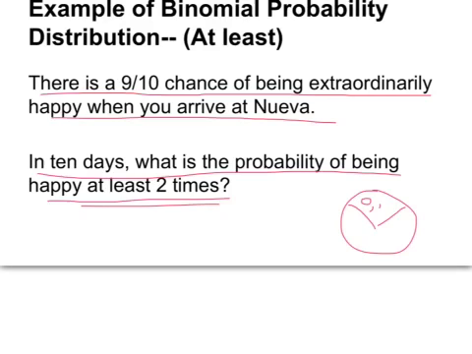And let's just write out what I had before. So it was 1 minus 10 choose 0 times 1